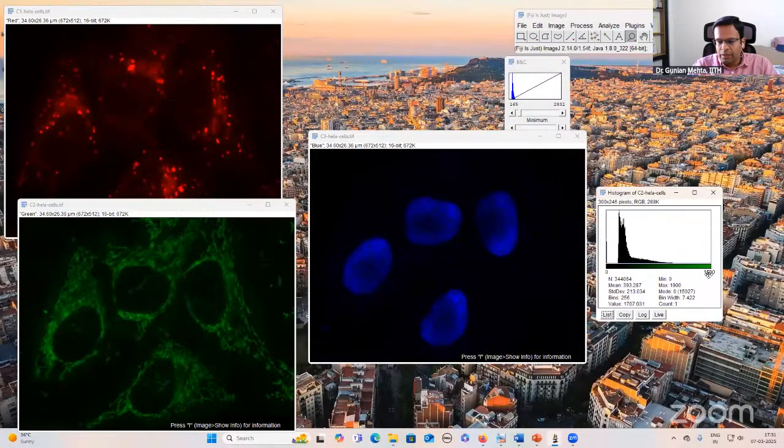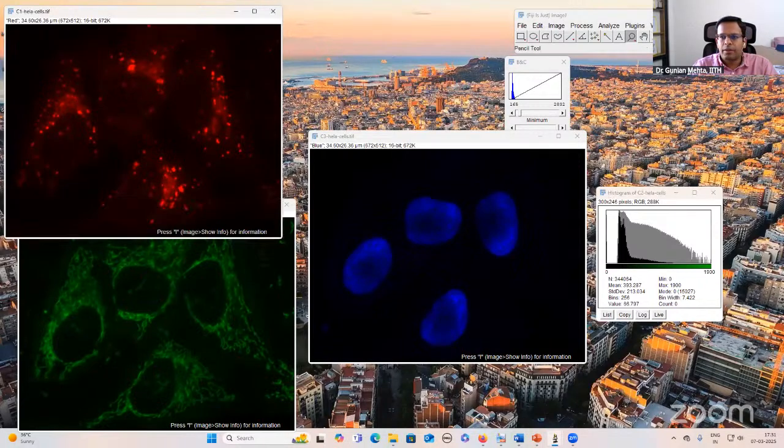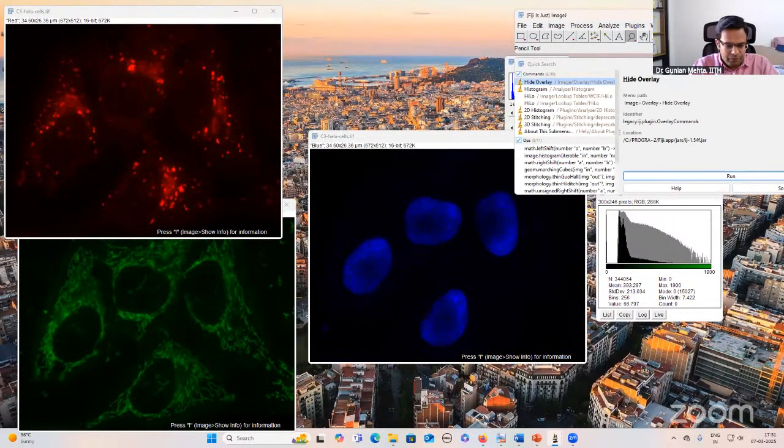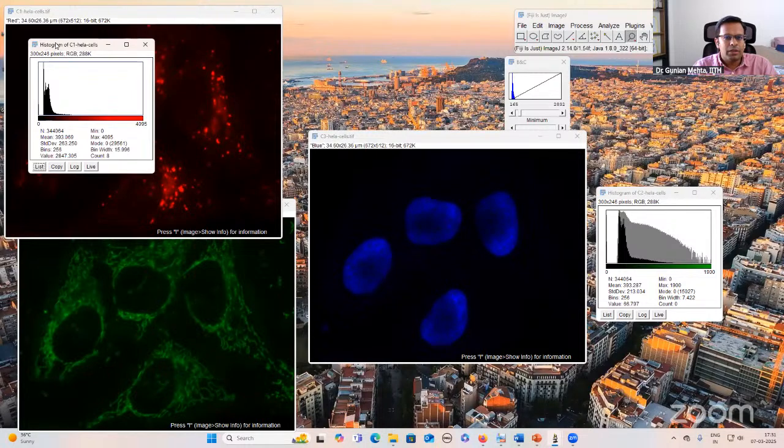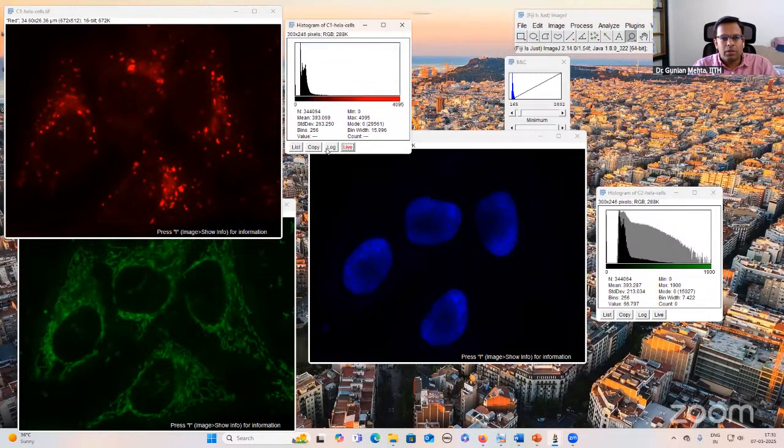For green, the maximum value is 1900. Okay. And for red, for each channel, I have to open a separate histogram and lock.